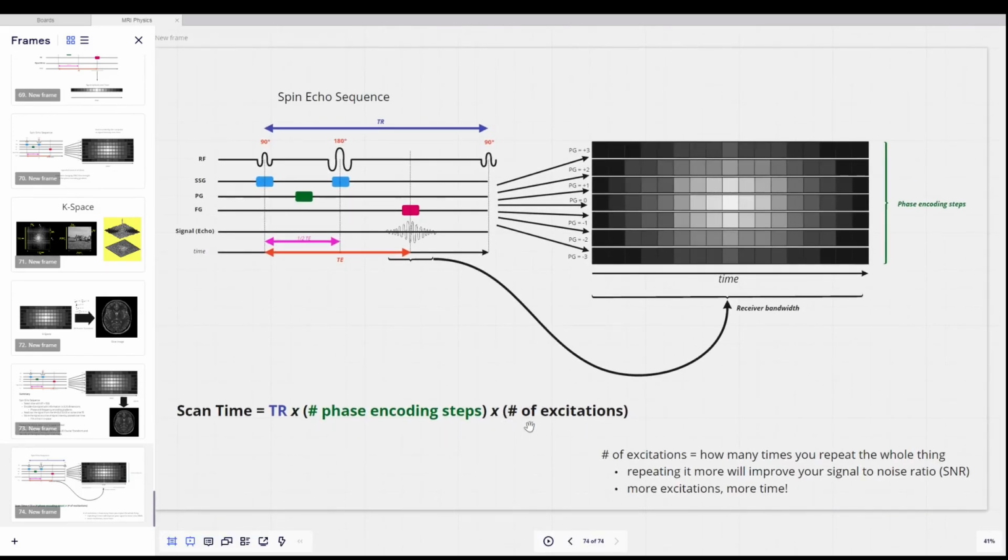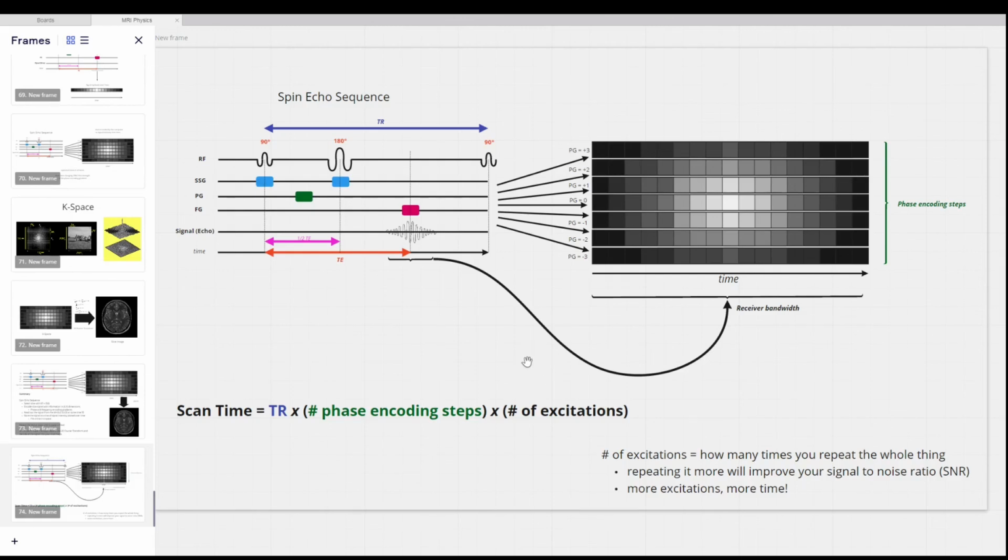And then there's this idea of number of excitations. The number of excitations is basically, again, how many times you're going to run this whole process. How many times you're going to do the whole thing over again, and why might you do that? Well, let's say you wanted to improve your signal to noise ratio. You wanted to get more signal. Well, a good way to get more signal is to just do the whole thing over again, and then use the signal that you're getting from both runs. You're going to have more total signal for the computer to work with, right? It's going to improve your signal to noise ratio. The trade-off is, as you can imagine, that doing this all over again is going to